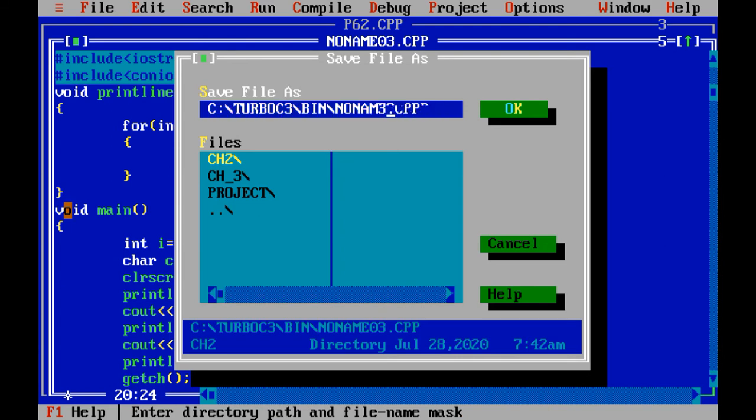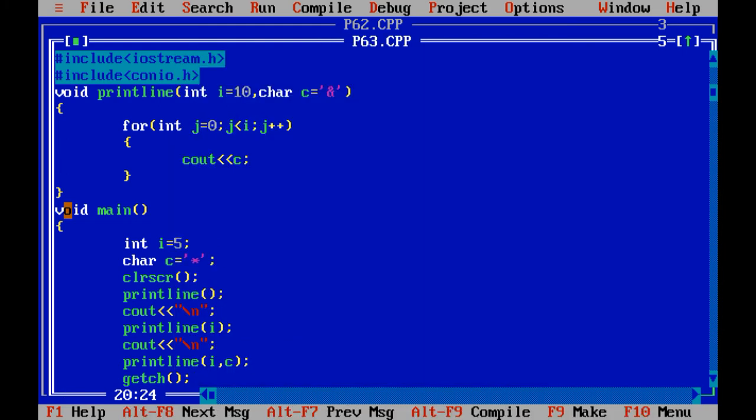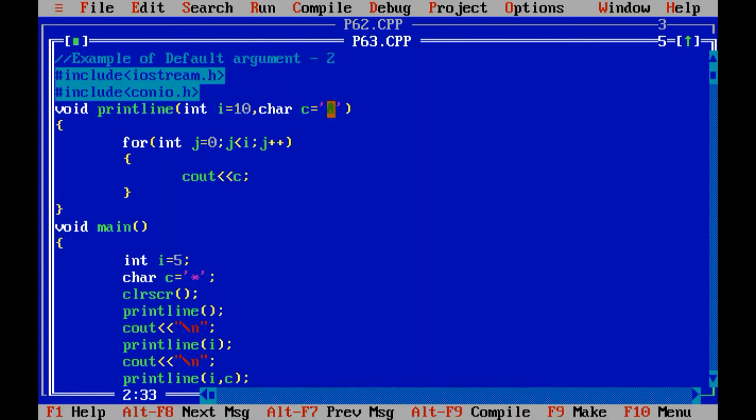Let me save the given code as p63.cpp. This is the example of default argument.